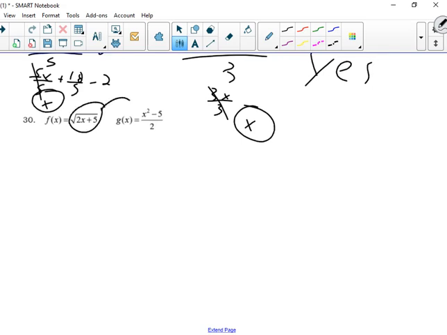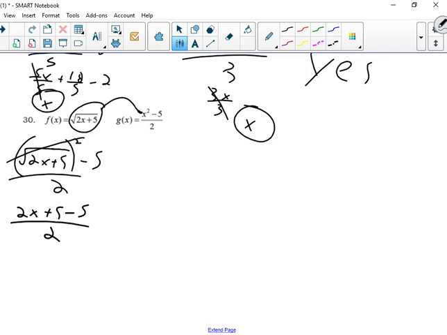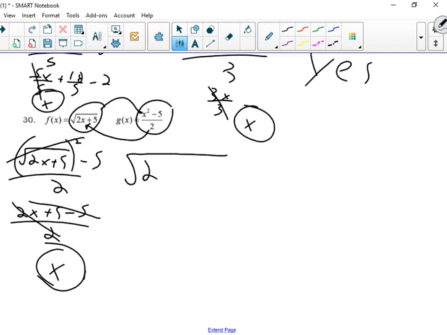Again, I'm going to take this and plug it in there. So, square root of 2x plus 5 squared minus 5 over 2. Well, this cancels that. So that leaves me 2x plus 5 minus 5 over 2. That's 0. Those cancel. I end up with x. Now I'm going to plug this in there. Big old square root. 2 parentheses x squared minus 5 over 2 plus 5. The 2's cancel, leaving me